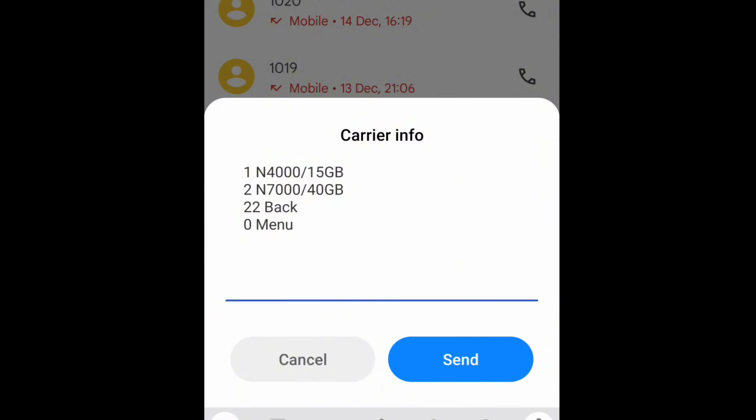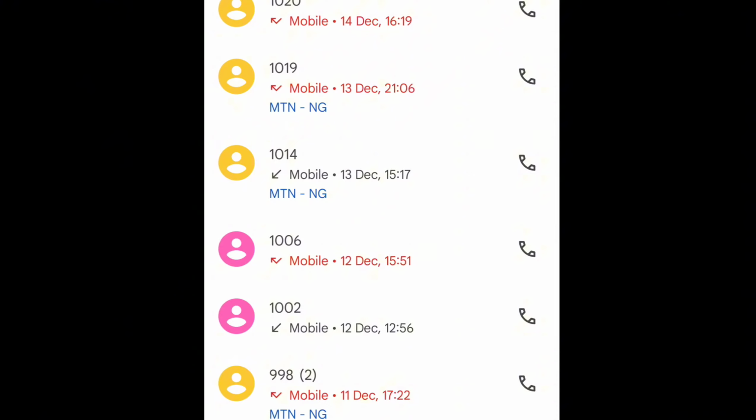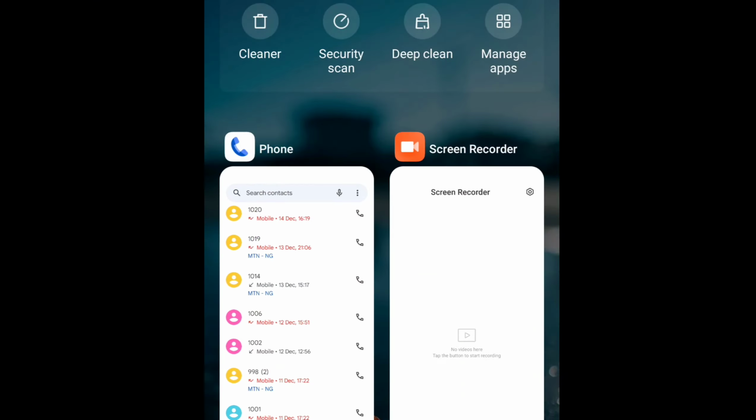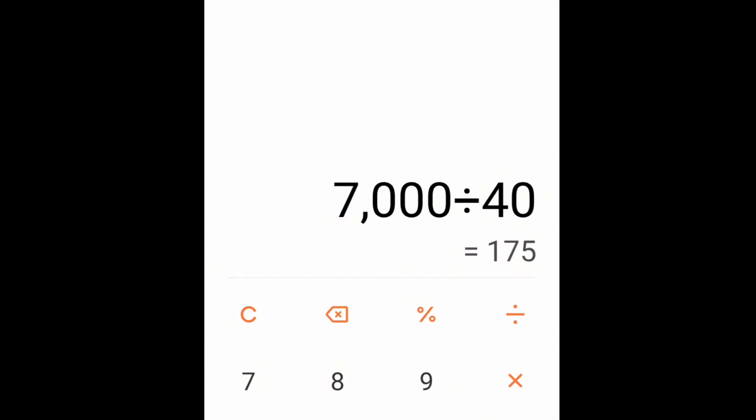So let's say we are going for the one of 7,000, which is 40 GB of data. So let's see how much 1 GB of data will cost us if you are using this code to buy data from Airtel. So 7,000 divided by 40. So 1 GB of data will cost us just 175 naira. So this is a good plan that I can use to buy data at a very cheaper rate